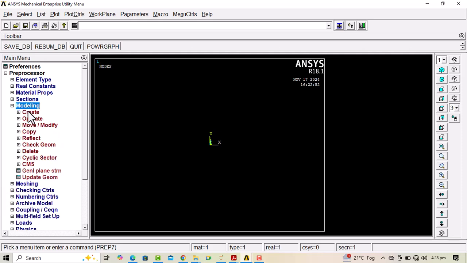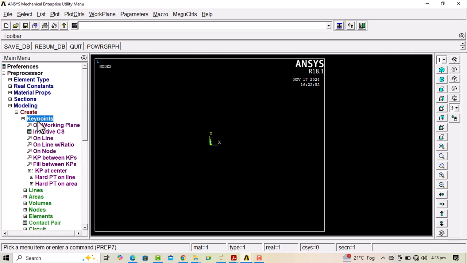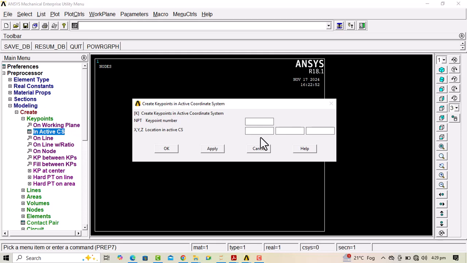In the modeling I will go to create, and since I know that my beam is a line element, I can simply create direct lines, but I am assuming that my beam contains 3 spans. I can change it accordingly, but in this tutorial, first of all I will go to the key points in the active coordinate system. First I will define my first coordinate at 0 0, and then my second coordinate at a distance of half meter from the first coordinate,